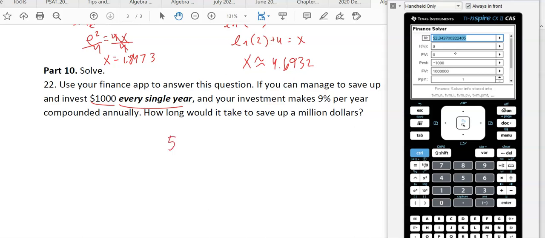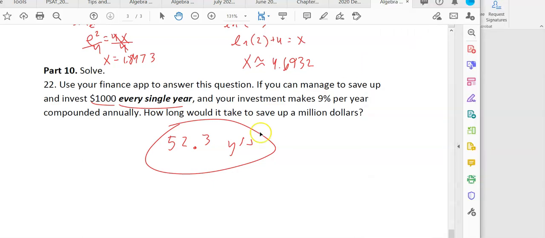It will take 52.3 years to do this. So $1,000 every year, 52.3 years later, you'll be a straight up millionaire. That's amazing. So that was the review for